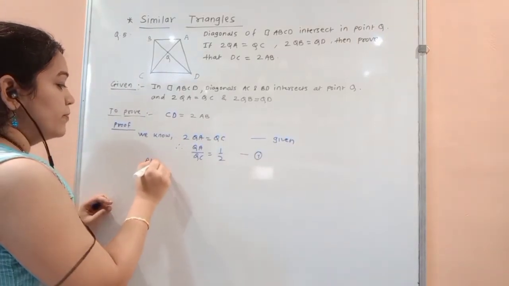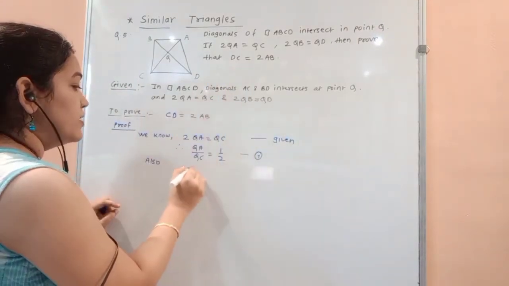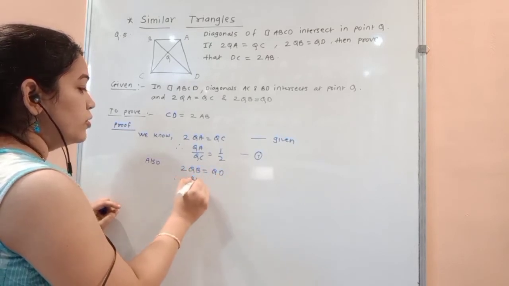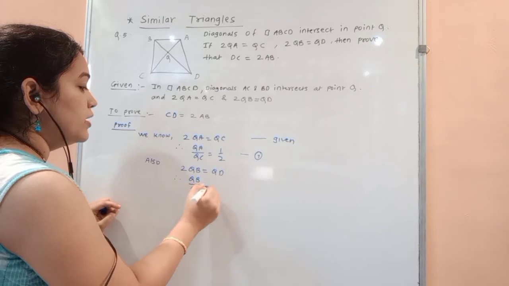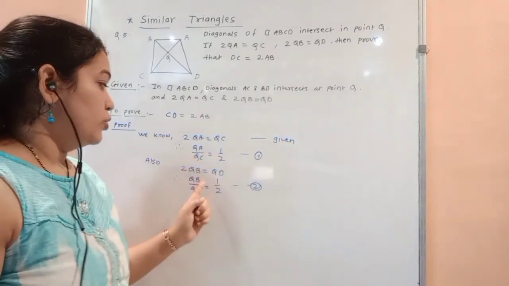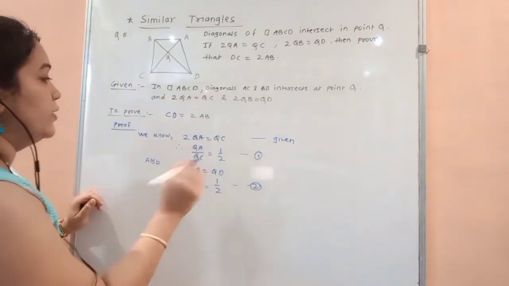Also, the second given is 2QB is equal to QD. Therefore QB upon QD is equal to also 1/2. Yes or no? QB upon QD is also 1/2. So